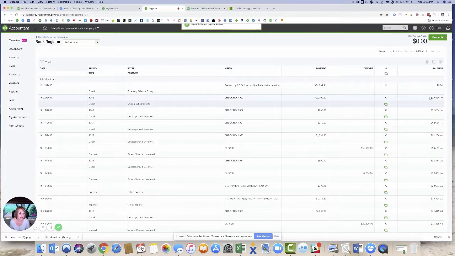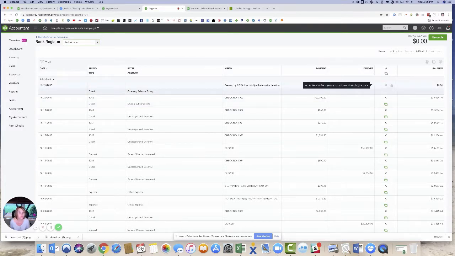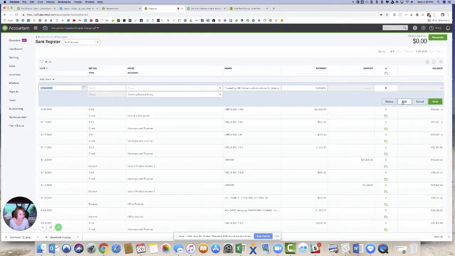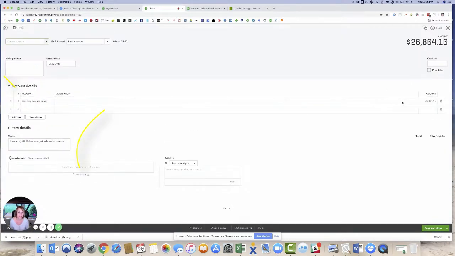Because I had a balance of $26,864.16 when I did the two-click deletion, QuickBooks Online made an automatic transaction to account for the balance and make it zero so it could be deleted. Now, what does that transaction look like? Well, in this particular one, because it had a positive balance, it made a check to wipe out the balance, and it posted it to the opening balance equity account,